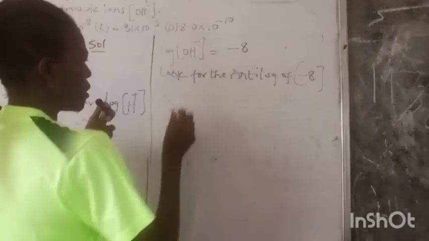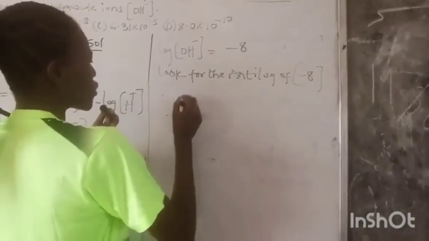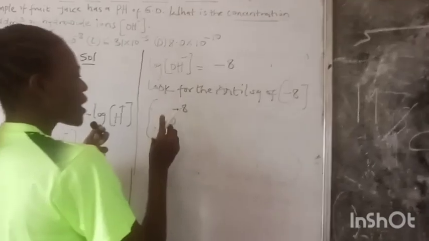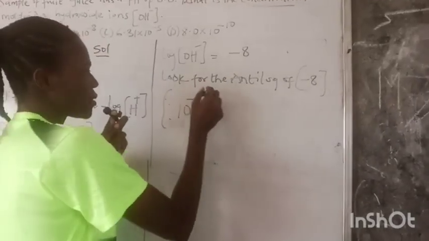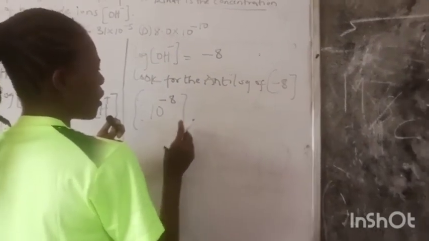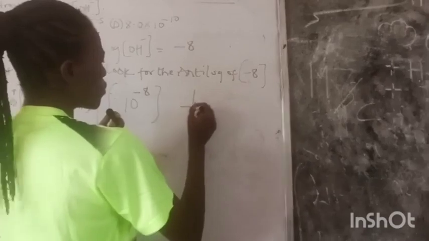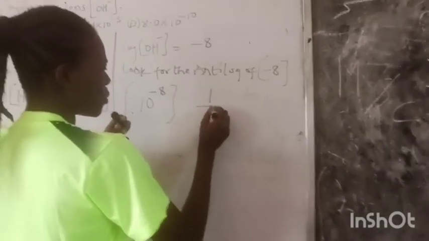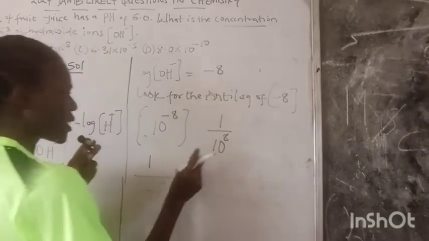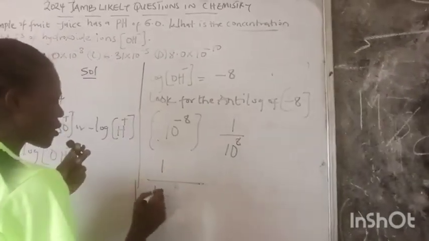It means you put 10 raised to power minus 8. That's what it simply means. So 10 raised to power minus 8 is simply the same thing as saying 1 over 10 raised to power 8. Okay, and what it means is this: 1 divided by 10 raised to power 8 is 1, 0 into 8 places,